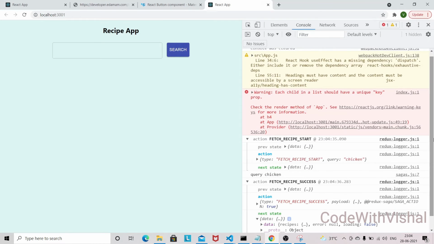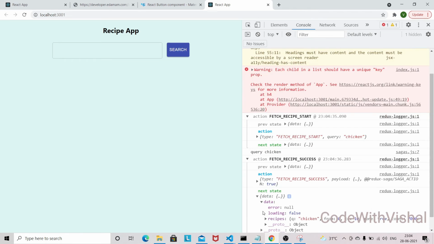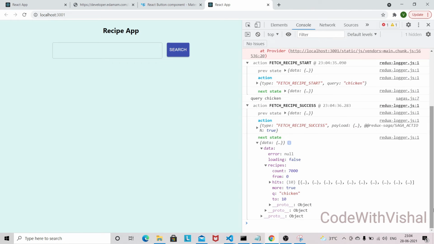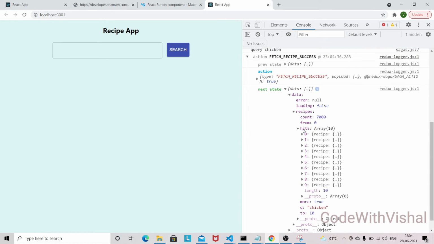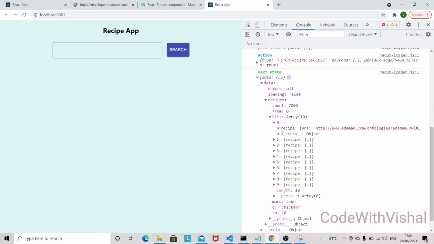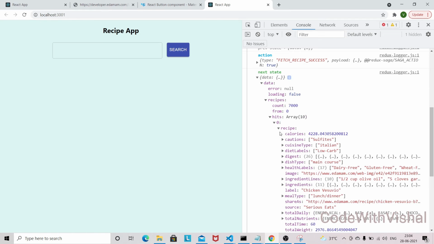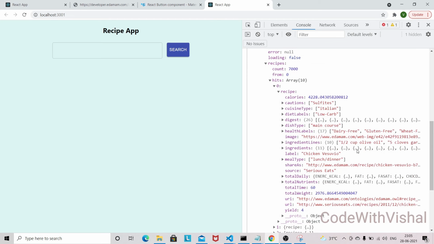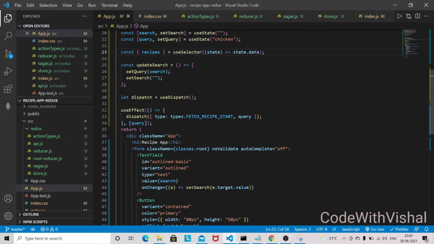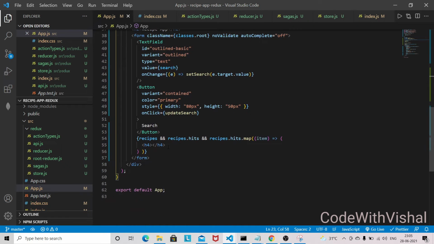And if you look at the object here, recipe hits, we are going to read this recipe object again. What we are going to read is item dot recipe dot label. We will have some label here. So this is the label. So let's read that label.